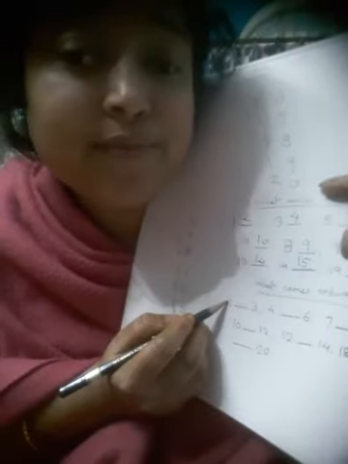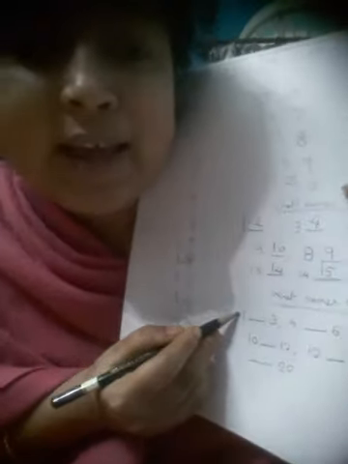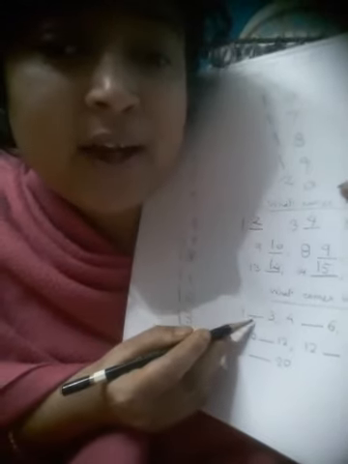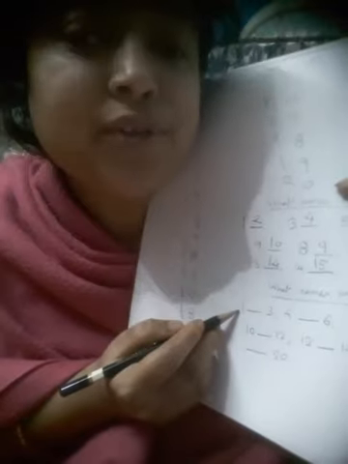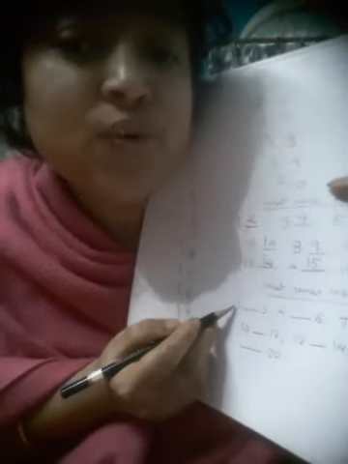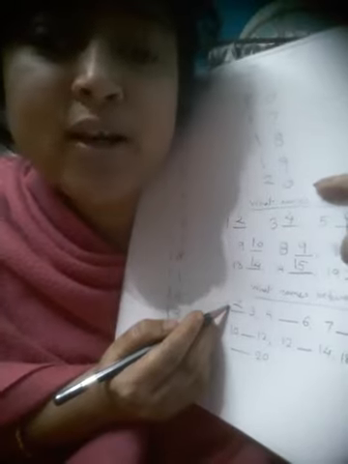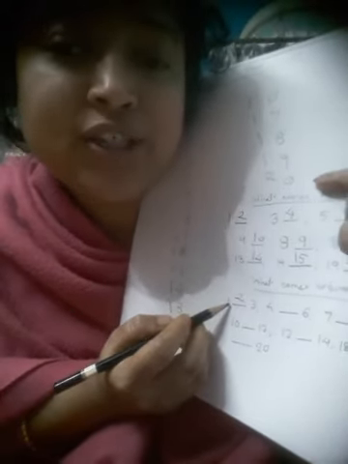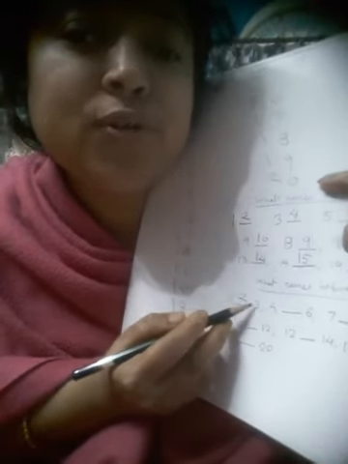Okay, so previously you will be given a number. Then you will have to think about the after number, that is, as here 1 is given and a dash is given after 1, so you'll have to think about the after number of 1, right? So what is the after number of 1? 2. So you will write 2. Here 2 will be placed on the dash. Now it's sequentially arranged 1, 2, 3.